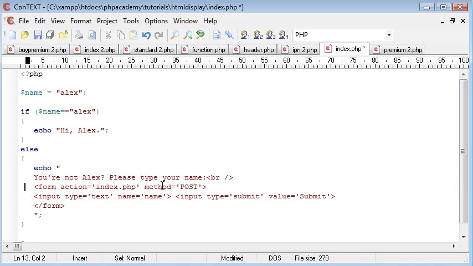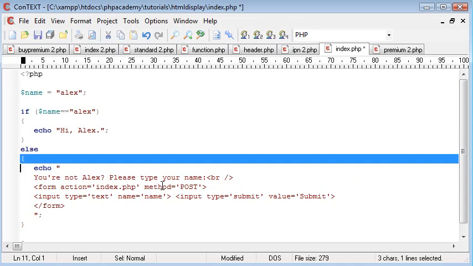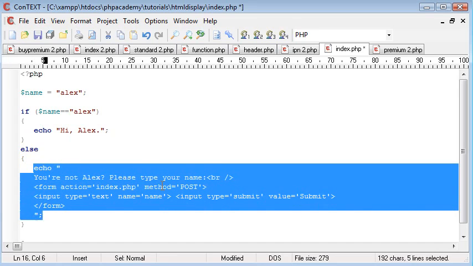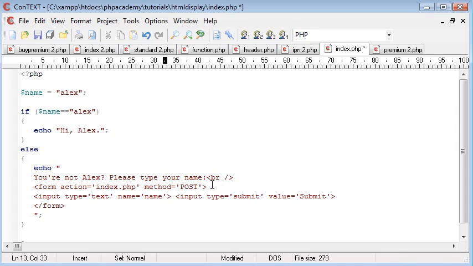Okay, so we've got some HTML code inside this else block here. So we're saying if else, and then we've got a block starting here, the block ending here, and we're echoing out not a lot of HTML code, but what could become a lot of HTML code. Now the purpose of this tutorial is to show you that you don't need to use echo to echo out HTML code. It's a lot easier, it's also faster,